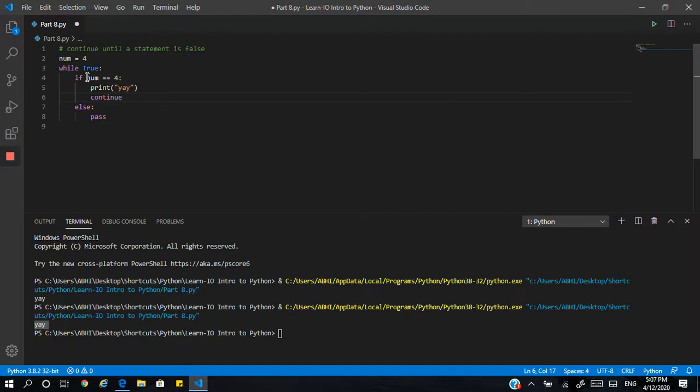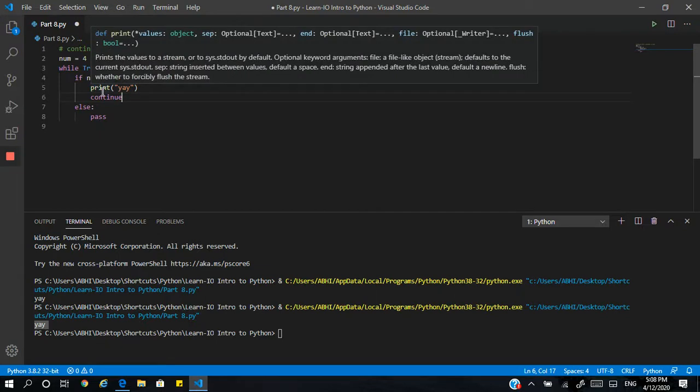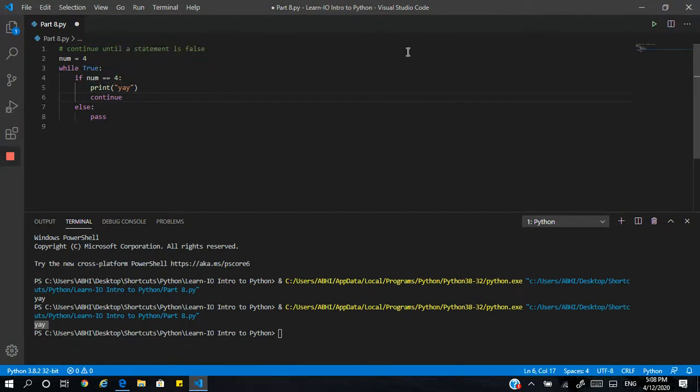So in this case, it will say num is equal to 4, and while true, if num is equal to 4, then print and continue. So instead of going to the else statement, it will restart the while loop. And again, this will crash your system because you will get a series of yay, yay, yay, continuously because num is always equal